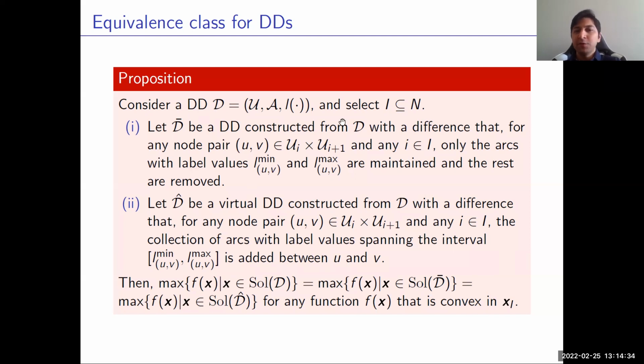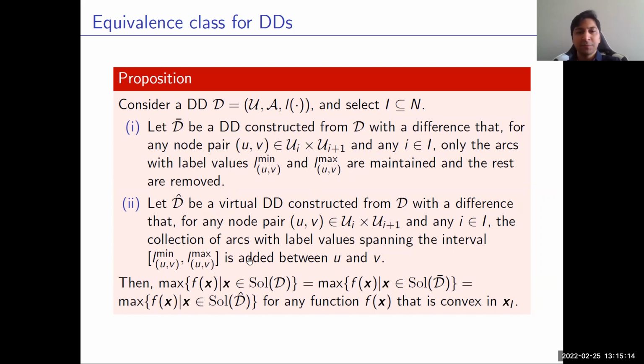D bar is constructed from D with the difference that for any pair of nodes u, v in two consecutive node layers i and i plus 1, for i selected in this capital I, we remove all parallel arcs between these two nodes, except for two that represent the minimum and the maximum label values among all these parallel arcs. So we build D hat similarly with the difference that between these two nodes, we add infinitely many parallel arcs with label values that span the continuous interval between the minimum and the maximum value of